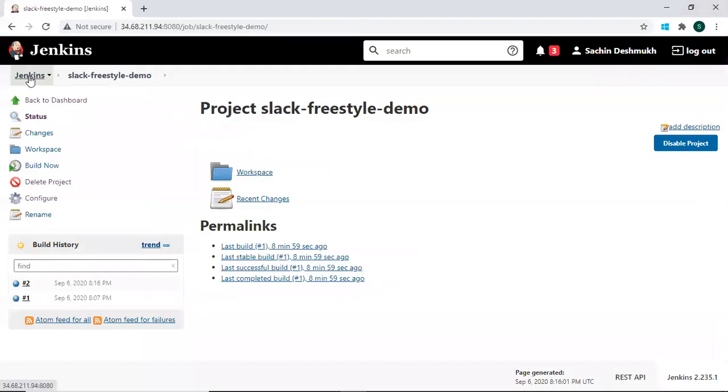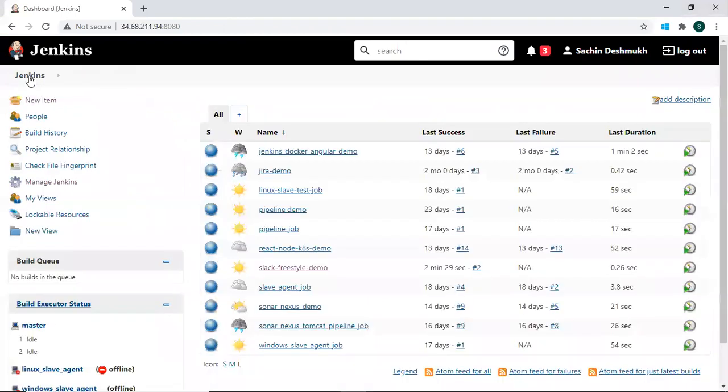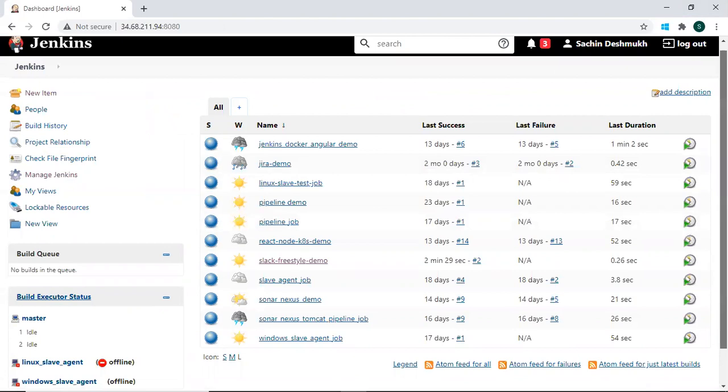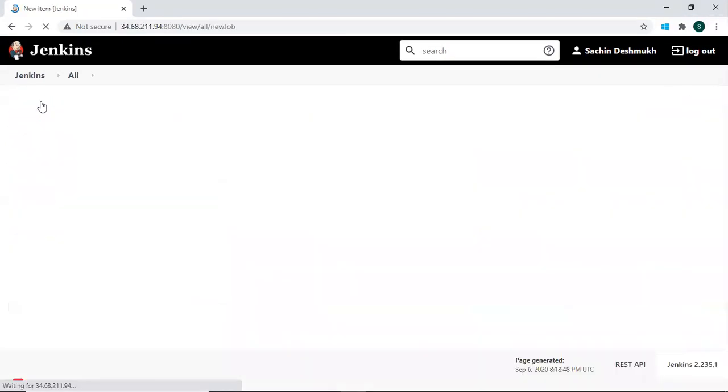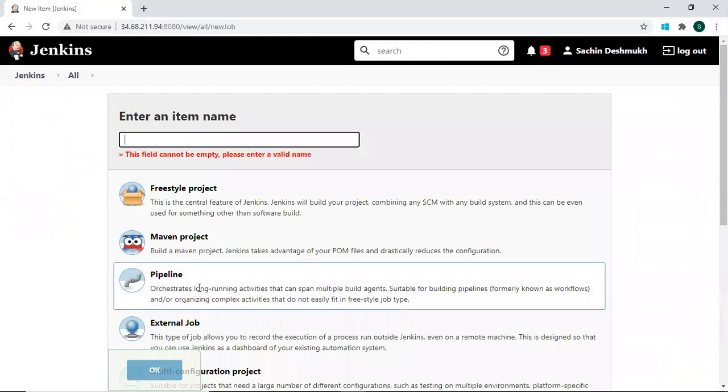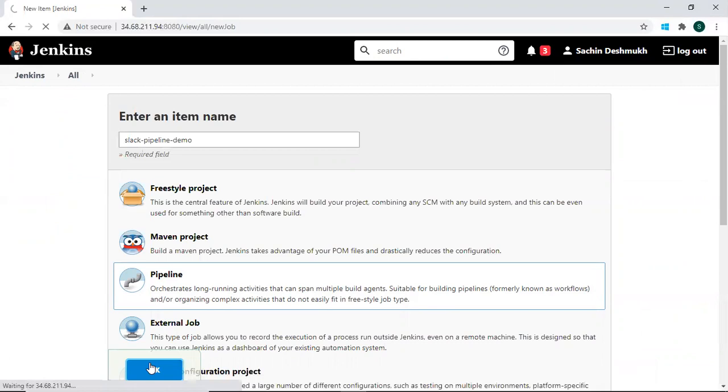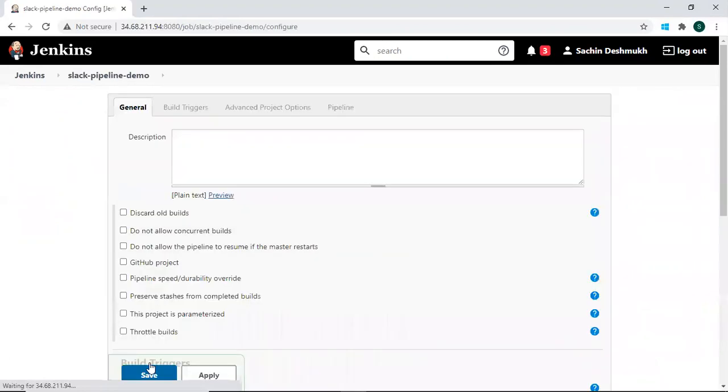Now let's go ahead and go with a pipeline demo. So I have created a job for pipeline. Okay, we can create a new item with the pipeline by saying Slack pipeline demo. Here we are going to write a pipeline script.